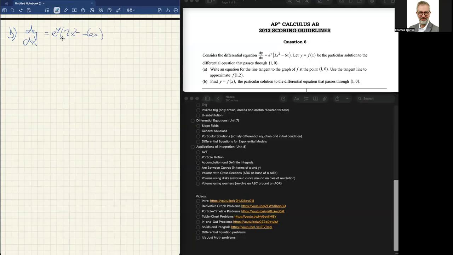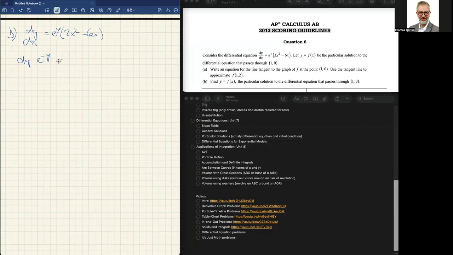Now I have to separate the variables to have all the x's on one side and all the y's on the other side. So I multiply by dx and divide by e to the y. So I get dy over e to the y, and I'm just going to write this as e to the negative y,